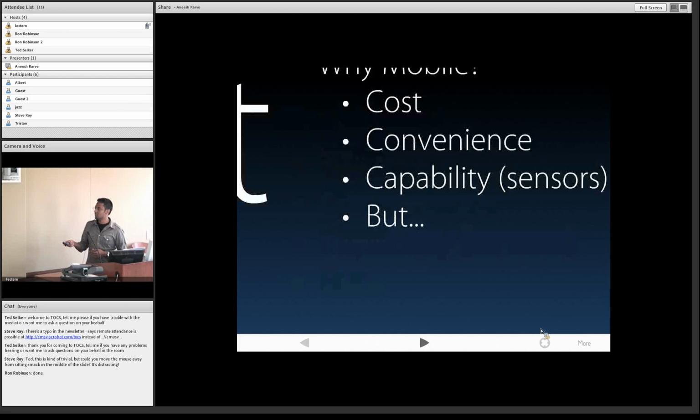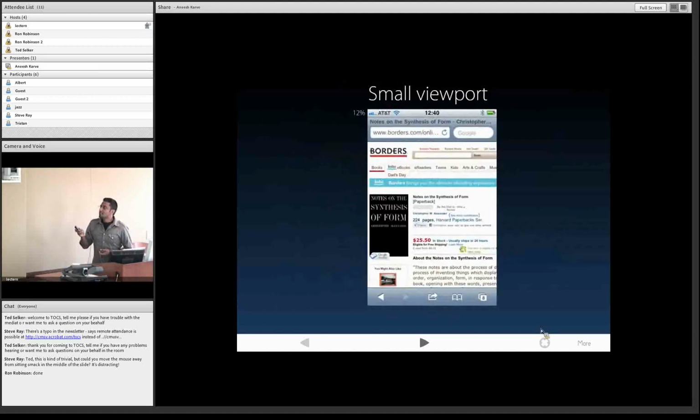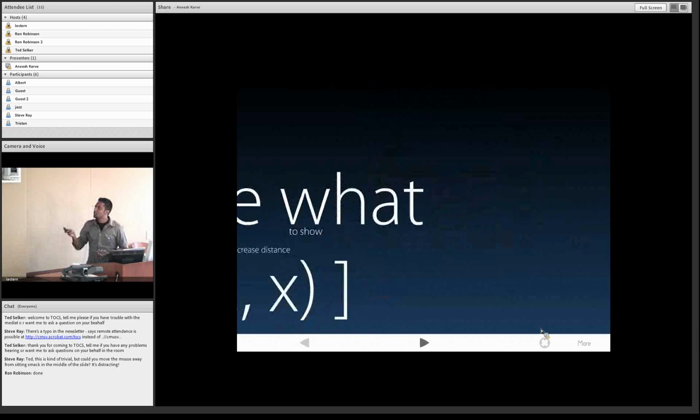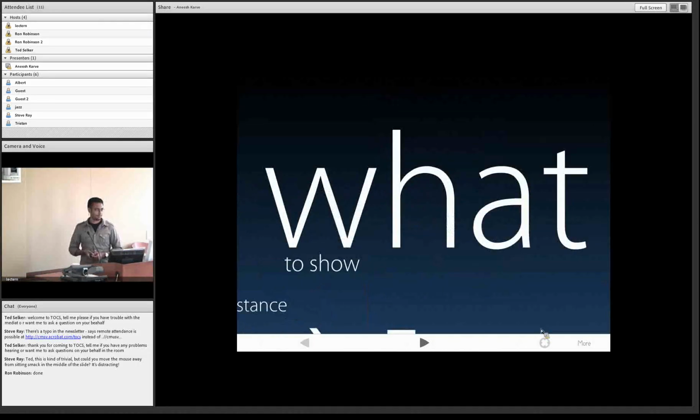However, that explains why mobile is popular. It doesn't explain why mobile is showing us what to do on the desktop. And I want to take what we do know about mobile, that it has an extraordinarily small viewport, and now bring this back to focus and context and talk about why mobile interfaces are on the vanguard of what's more usable. And the issue here is that when you're designing for a very small screen, what this forces the product teams to do is to focus on what to show, which is exactly the question that these fisheye degree of interest subsets were designed to solve.